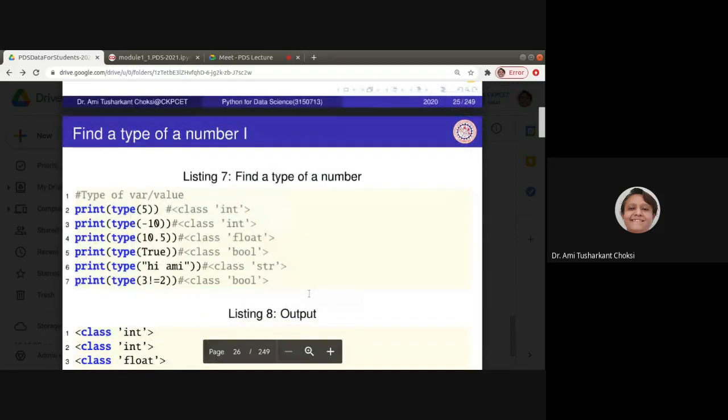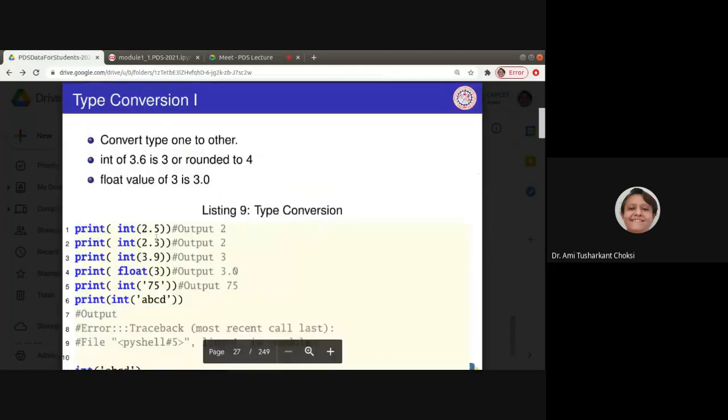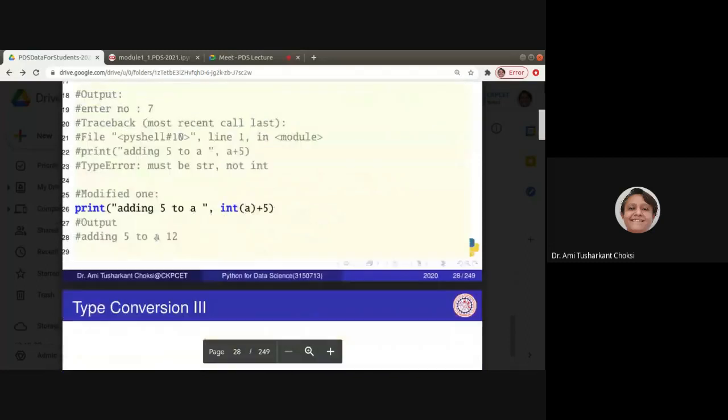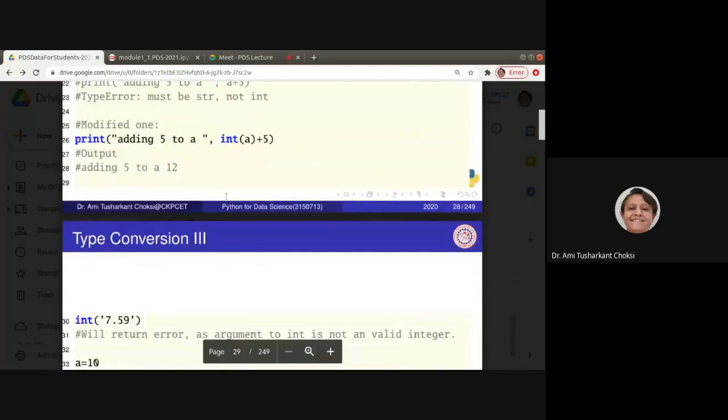This is what we have seen. How to find the type of a number, that also we have seen. Just to recall, we write type, and inside that we specify the number, string or bool, and it will give us the type of it, right? It is required for us to know the type.